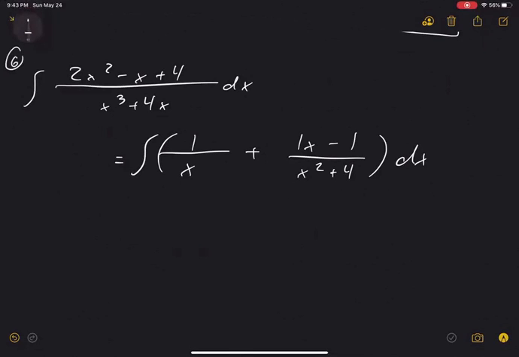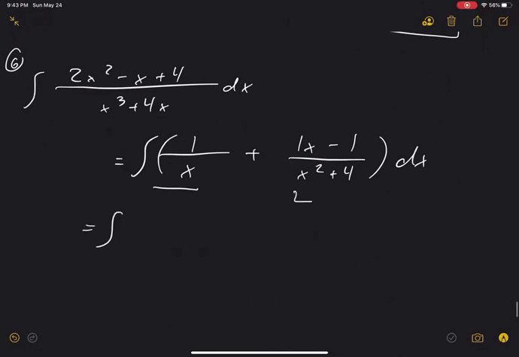Okay, this first thing's easy to integrate, right? 1 over x is ln of x. But what is the integral of this thing? That still looks pretty complicated. But this one,